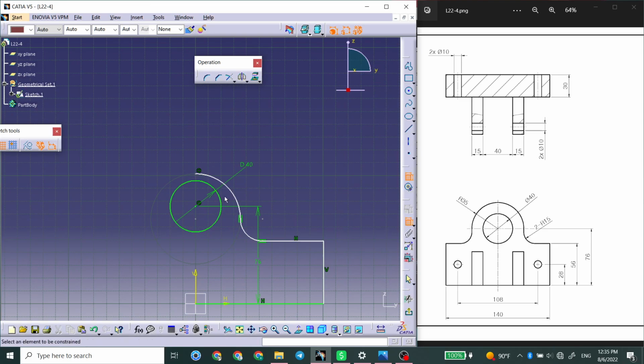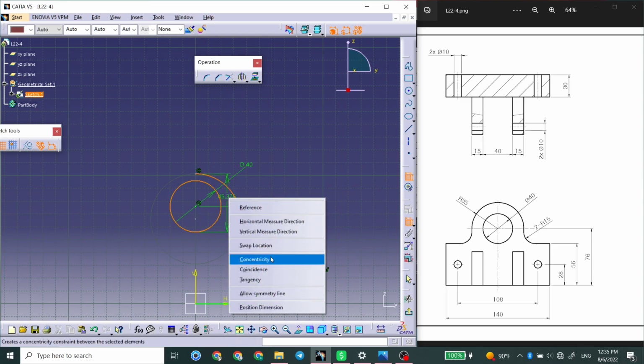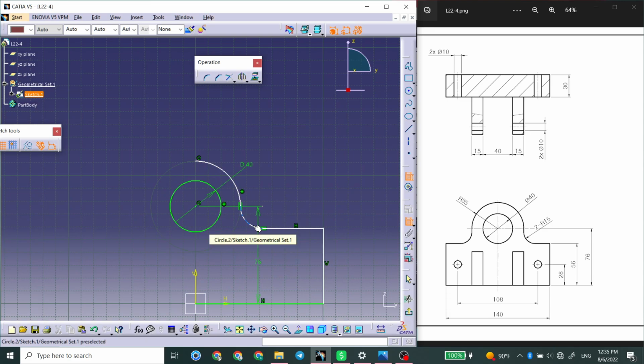Let's just finish it. These two should be concentricity, and